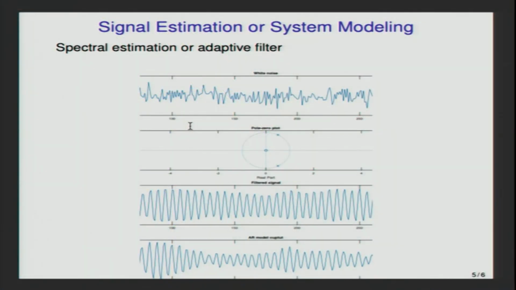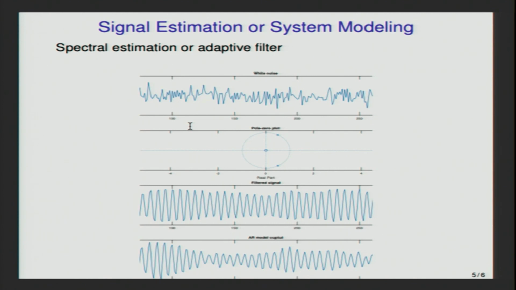So while some of these are or can be applied in a deterministic setting, we will look at them in a way more suitable for adaptive signal processing systems and signals, and we will try to interpret them as we go along. So before summarizing this outline, I will try to show one simple